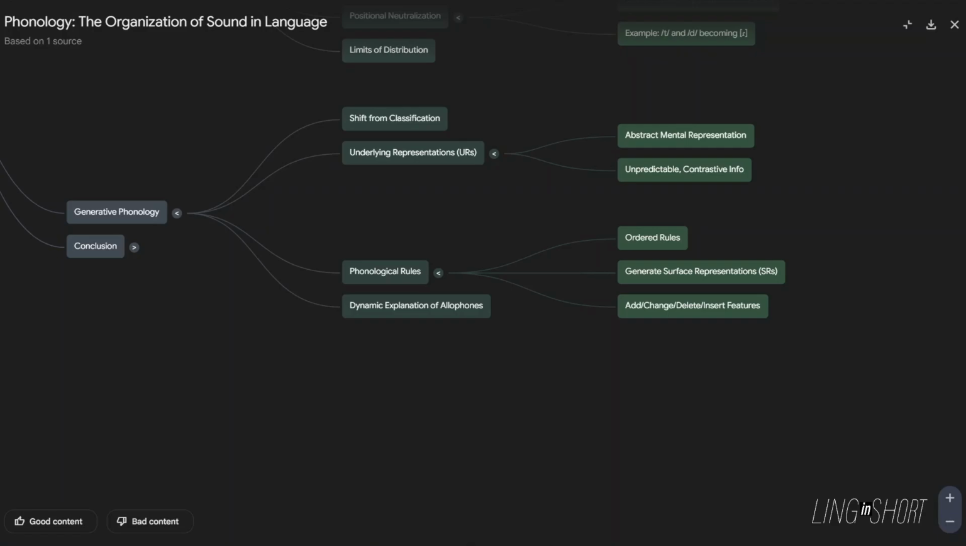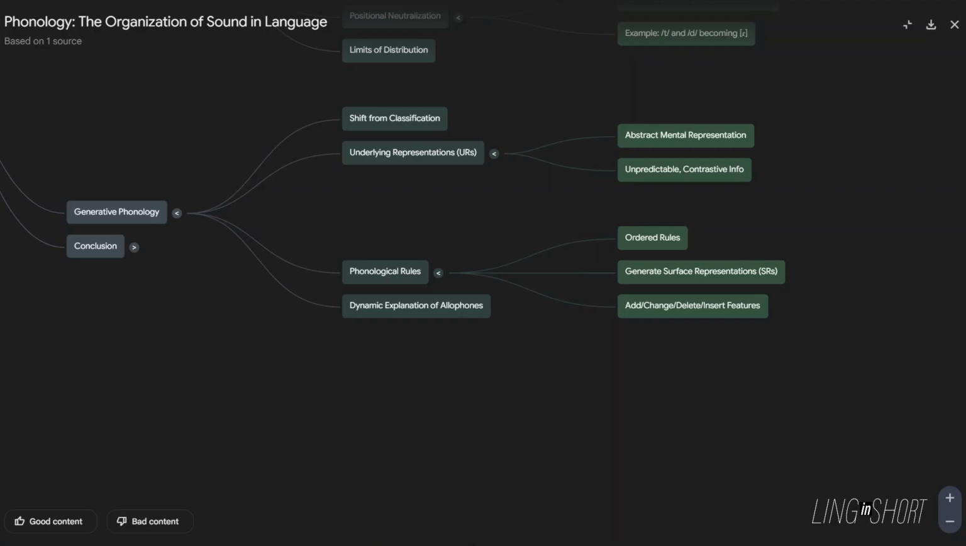That's the idea, yes. These rules can do things like add features, like adding aspiration in certain positions. Or they might change features of a sound, maybe delete sounds entirely under certain conditions, or even insert sounds that weren't in the underlying form. And crucially, these rules are thought to apply in a predictable, systematic way. It aims to be a more dynamic and explanatory approach to understanding the sound system of a language rather than just descriptive. Fascinating. So, to bring our deep dive towards a close here, we've explored phonology, this